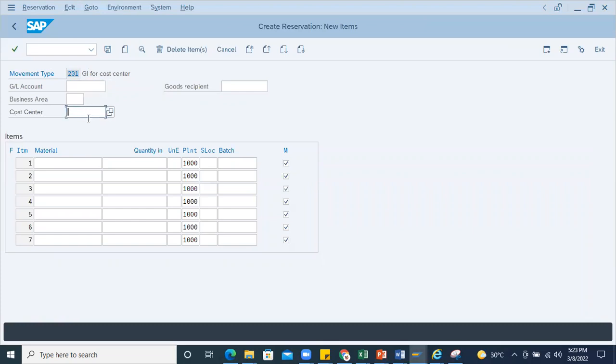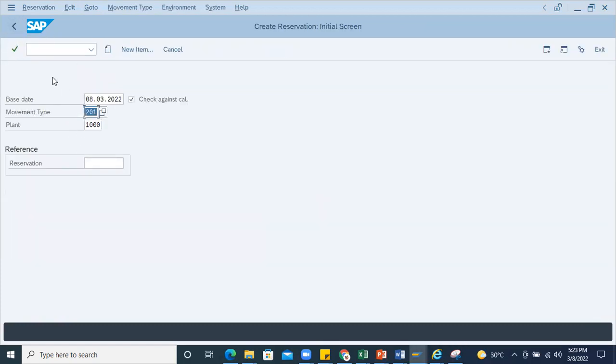If you add the cost center number and then enter the material number, then the reservation will be done for this particular cost center. And when the physical material is received, goods receipt will be there, and at that time you can directly consume against this particular cost center. Okay, then